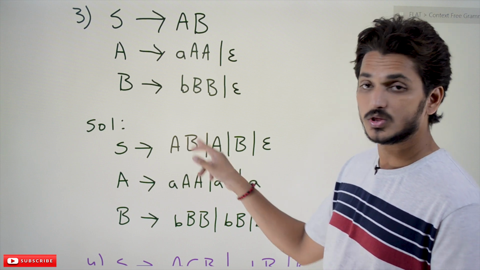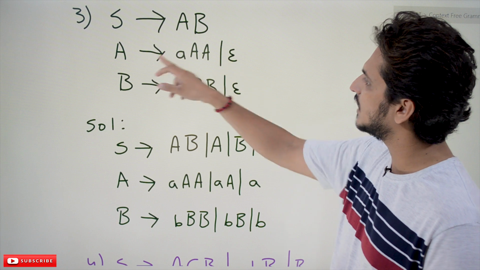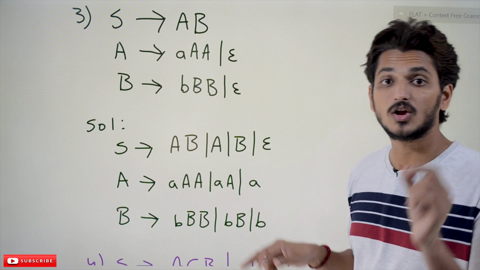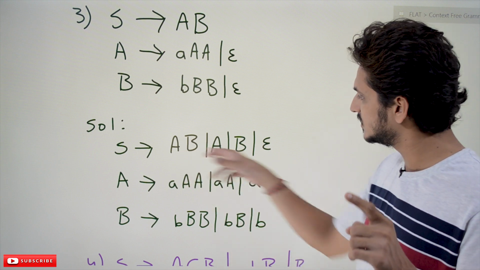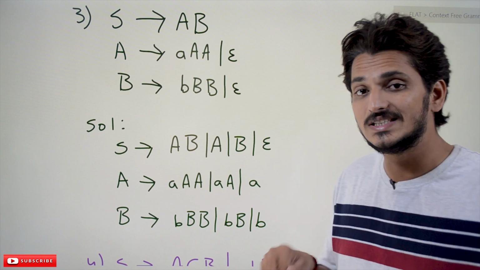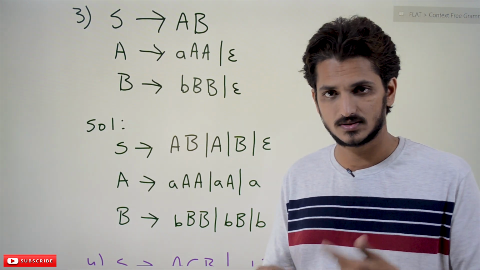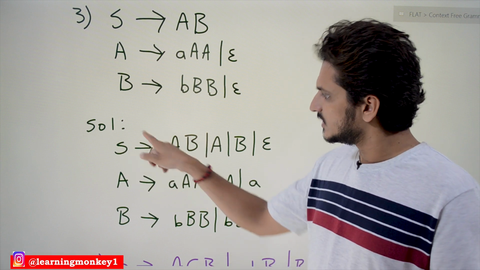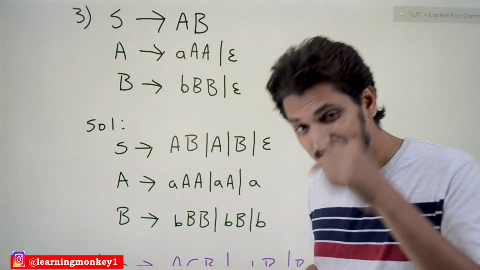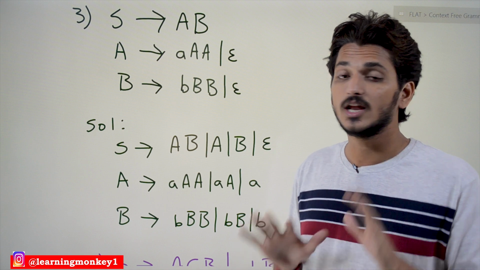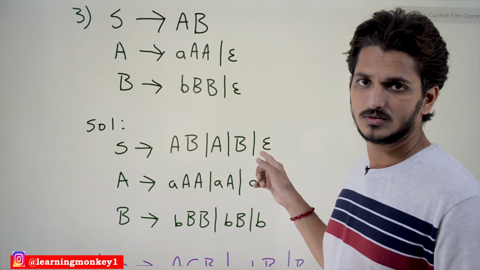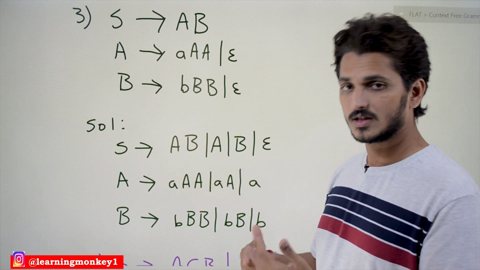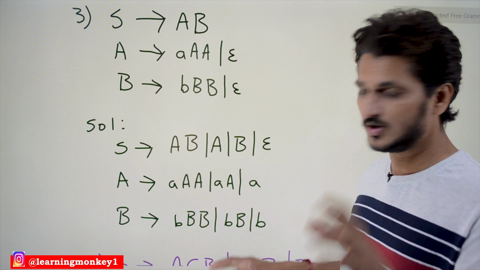If you substitute epsilon in both A and B, both are taking epsilons, we get epsilon. You cannot eliminate epsilon for the starting production in this situation, because the language itself is accepting epsilon, meaning the language itself consists of epsilon. This is the starting symbol. If the starting symbol is accepting epsilon, you cannot eliminate this epsilon for the starting symbol, the starting variable. For the remaining variables, we can eliminate epsilon. This is the point you have to understand.